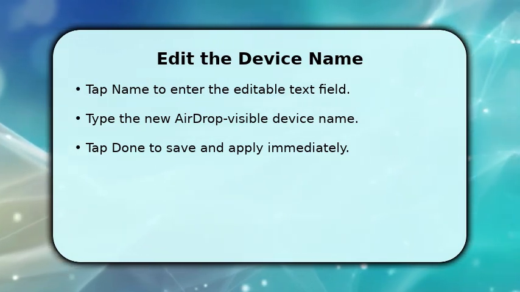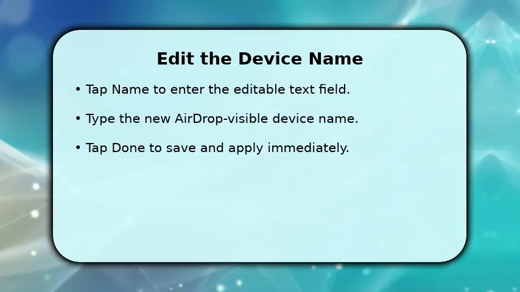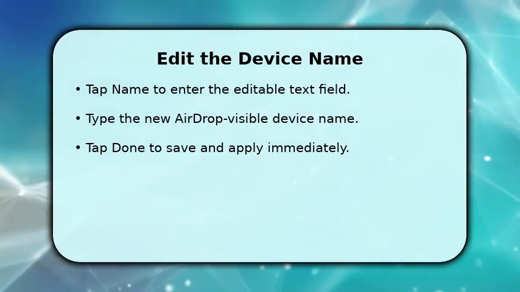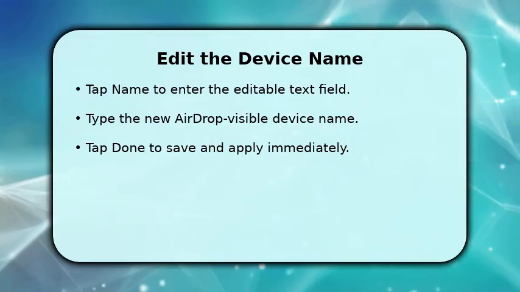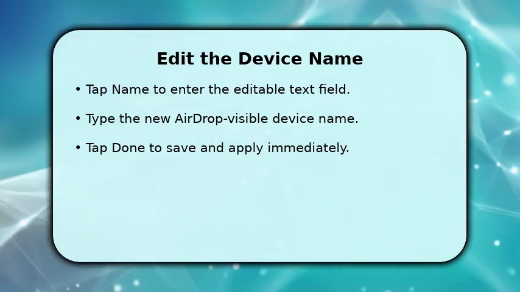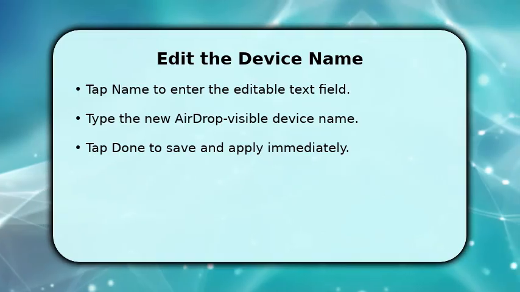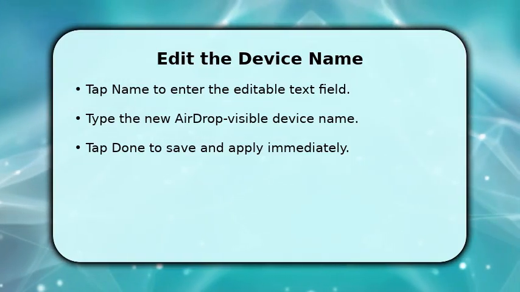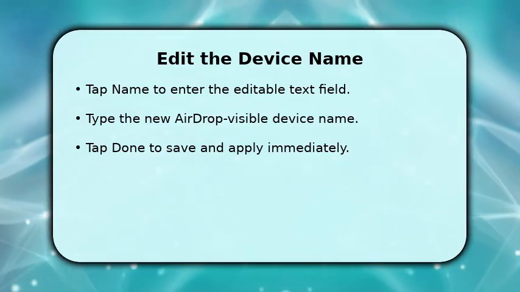Replace the text with a clear, concise name. Include your first name or device purpose so others can recognize you quickly. Make sure there are no leading spaces and avoid special characters that could confuse other devices. Once done, tap Done. The system saves instantly, and the new label becomes the AirDrop identifier across Bluetooth and Wi-Fi